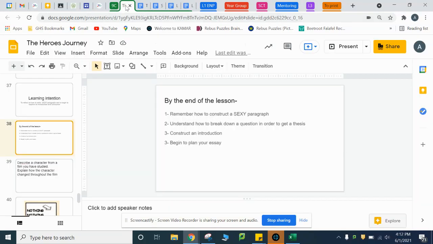So if we move back to the PowerPoint, we've now remembered how to construct a sexy paragraph. The next section is going to be to understand how to break down a question in order to get that thesis or that opening statement. So I'm going to stop